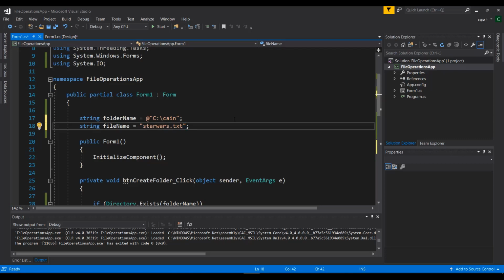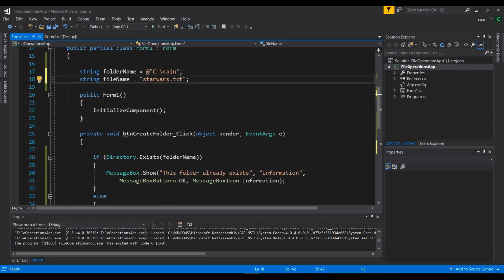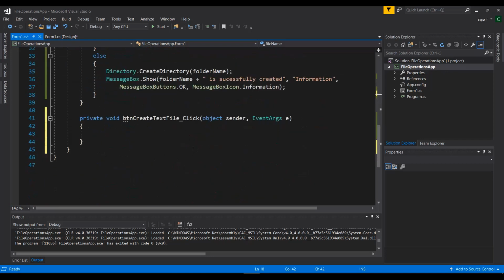So that is going to be my file name, and I'm gonna come down and follow a similar pattern to see whether or not this thing will be created. So first thing first, we can look up if the file already exists. So I'm gonna look into if